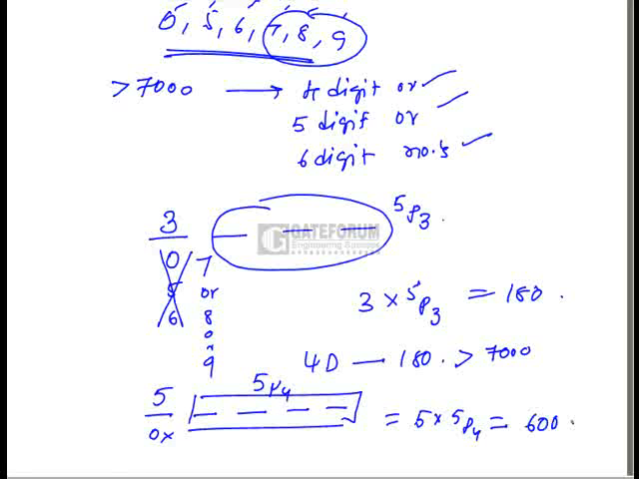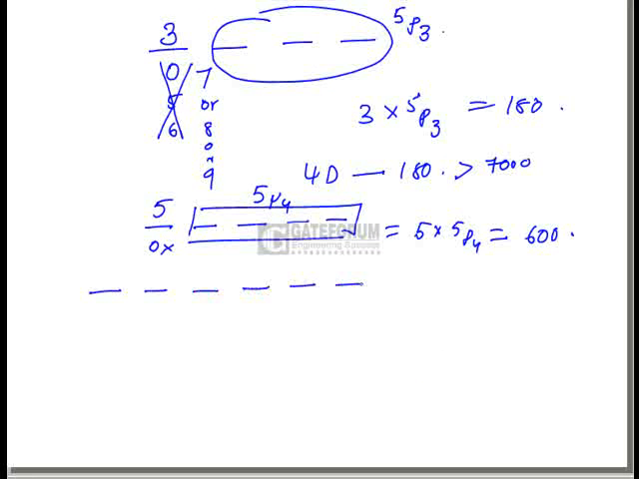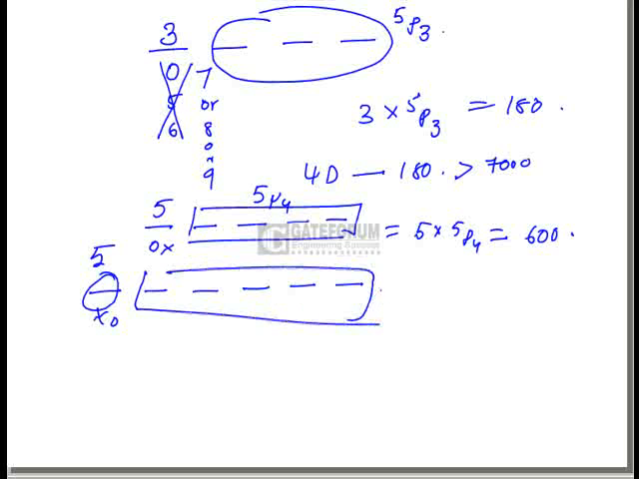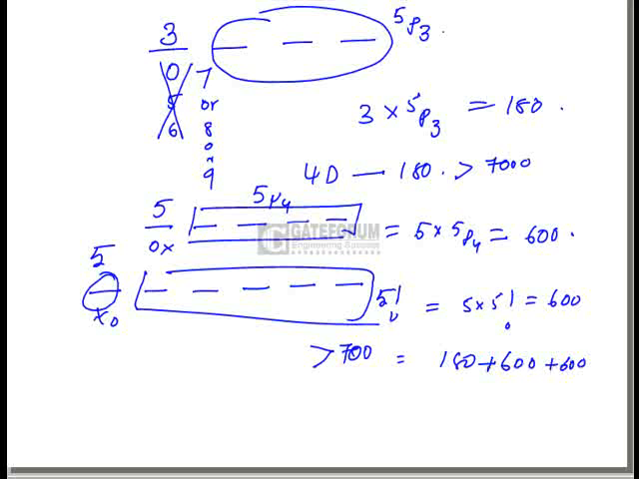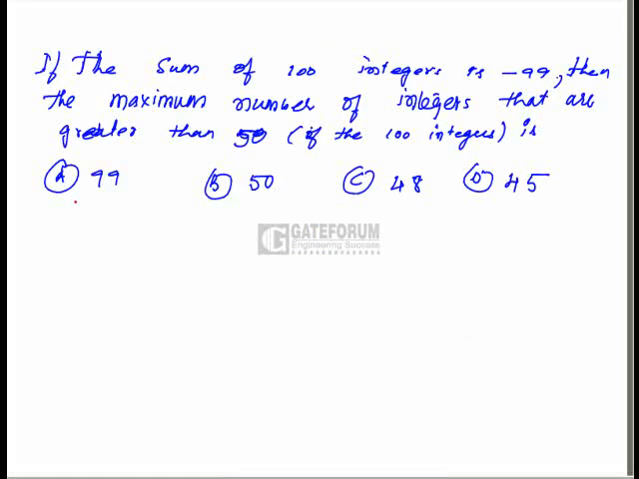Now, let us look into 6-digit numbers. All the 6-digit numbers are greater than 7,000, no doubt, but the first digit cannot be 0. So this first place can be filled in 5 ways, and the remaining 5 places can be filled by the remaining 5 digits in 5 factorial ways, which is 5 into 5 factorial, that is 600. So the total number of numbers that are greater than 7,000 is 180 plus 600 plus 600, which is 1380. That is option D. Now it is given that